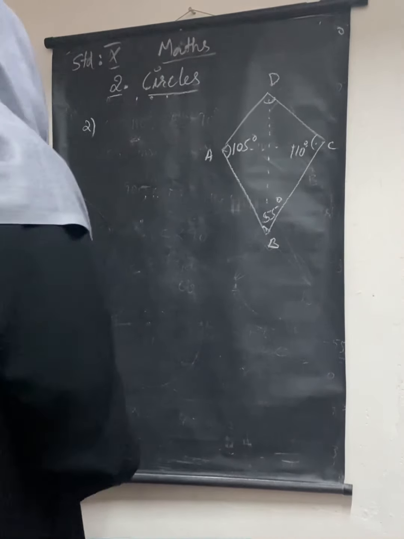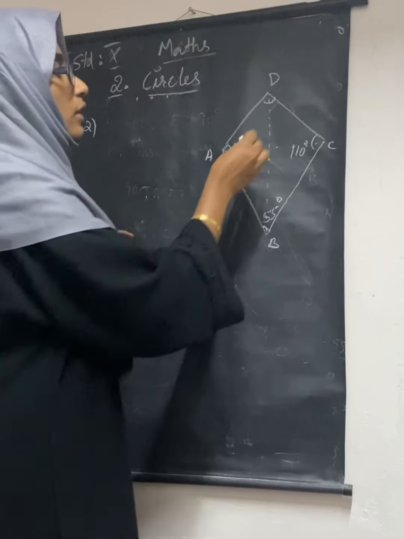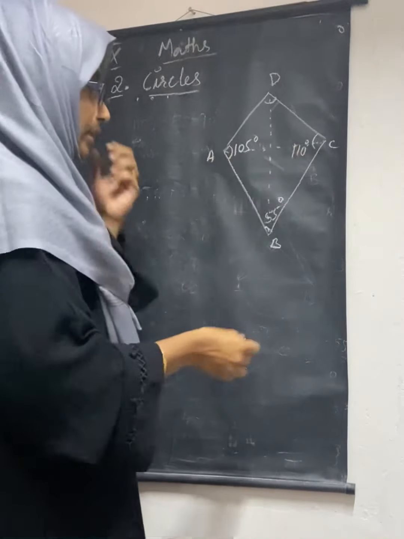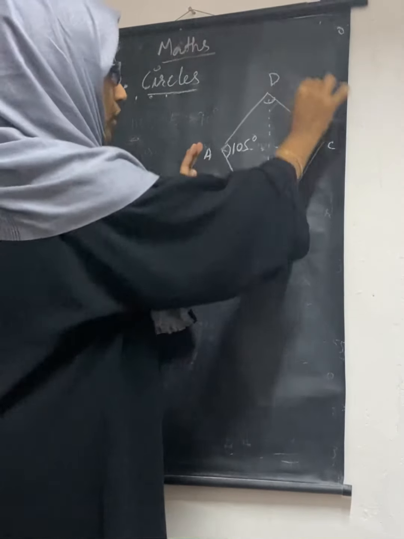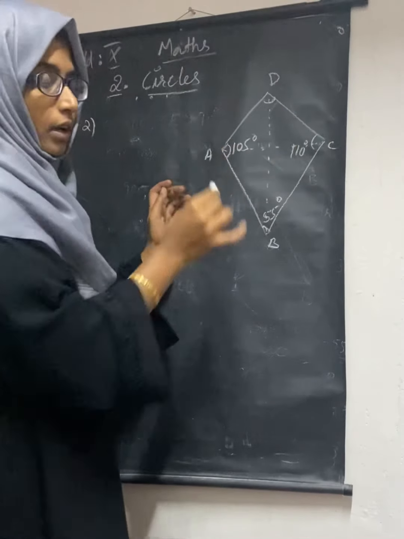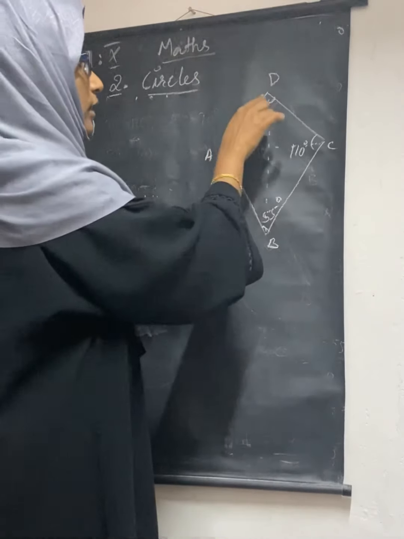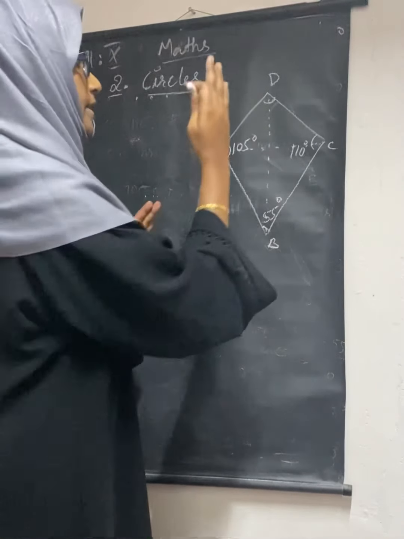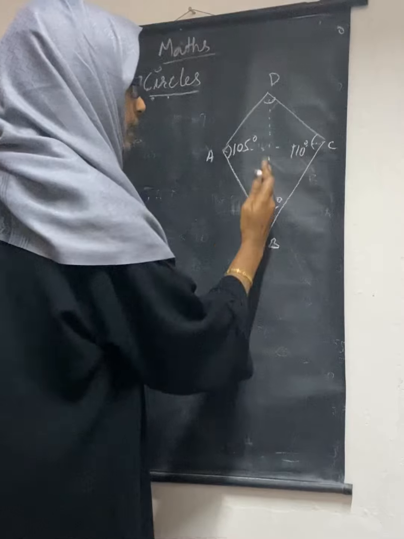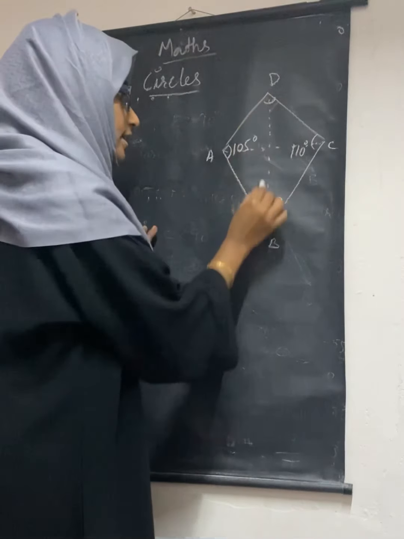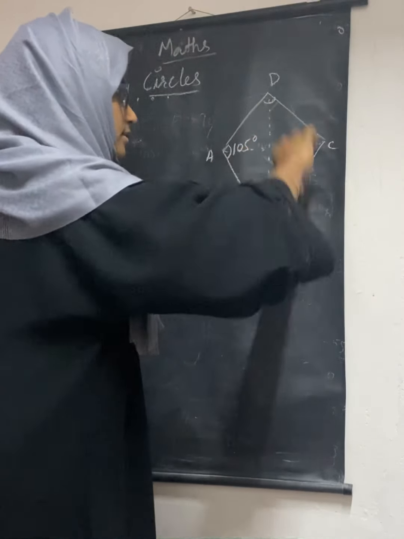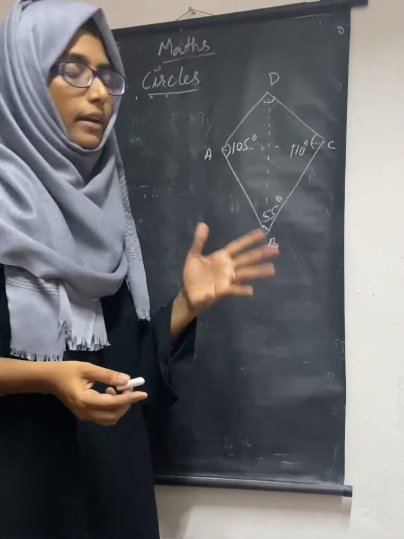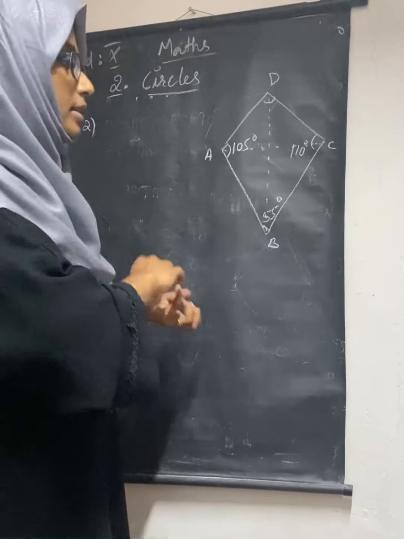So what you have to do here is, first you have to take one diameter. If I take AC as a diameter, through that diameter I am going to draw a circle like this. If that circle is drawn, you have to say whether D and B are inside, on or outside. The second diameter is BD. When I take this as a diameter, I can draw the circle like this. That time, angle A and angle C, where it is coming, you have to write inside, outside or on the